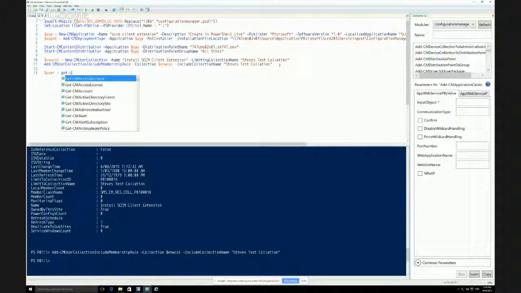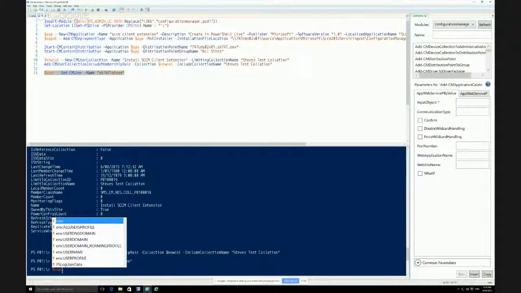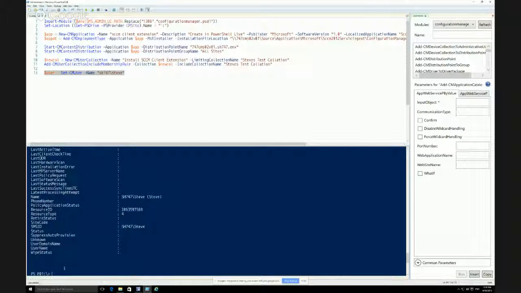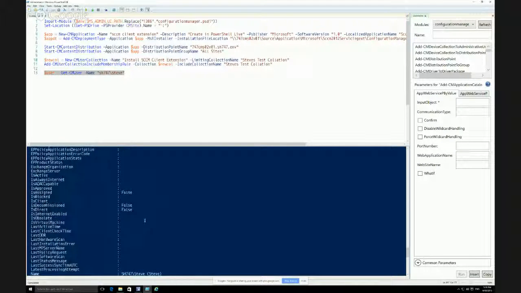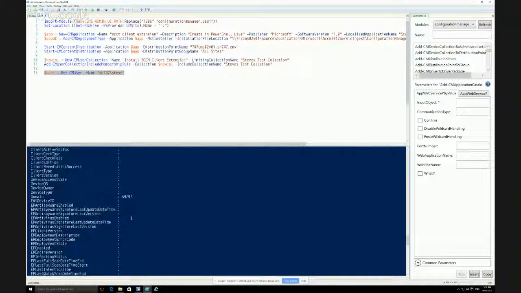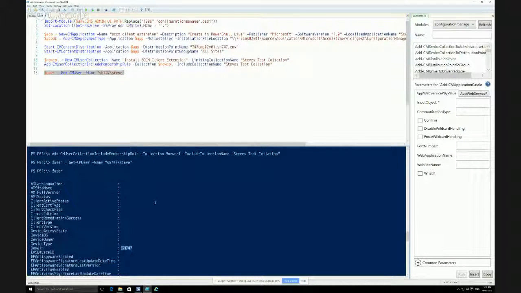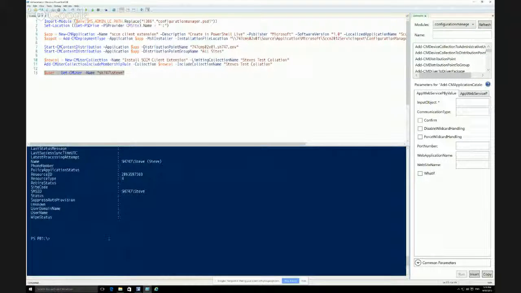So we go Get-CMUser, and I'm going to use my user object as it's the only one that exists in the environment. And we go F8. And if we now go $user, I can see all of the information about Steve. Steve has very little information associated with him, but he's not blocked, he's not decommissioned, and is not direct. And he's on the SH747 domain, and pretty much that's all the information we have on him, because we haven't